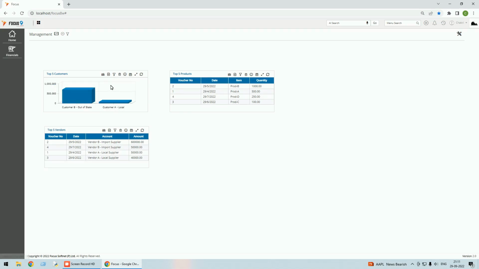Okay, here I have a 3D bar. Now this is how you get the graphs. Now you see I have a customer A, it is showing 75,000. Customer B, he has done the business of 700,000. So in the top 5 customers, it is showing the 2 customers, because now I have only 2 customer sales that I have made. Like this you can change the graph to whatever you want,